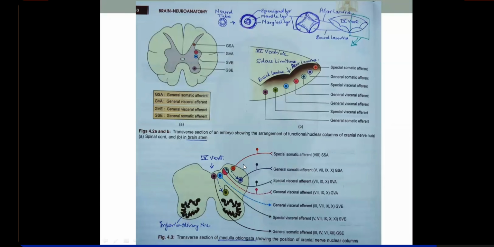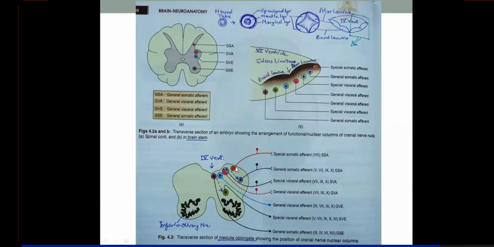Then you have the cochlear. Like cochlear में जो sensations आएंगे for auditory sensations from the cochlea will be perceived here in the cochlear nucleus. Now this functional column has 6 nuclei, 2 cochlear nerve nuclei and 4 vestibular nerve nuclei. Now out of these, which will be more lateral, vestibular or cochlear? Remember that the cochlear nerve nucleus is most laterally placed in the brain stem, and cochlear nerve nucleus surrounds the upper and lower portion of the inferior cerebellar peduncles.